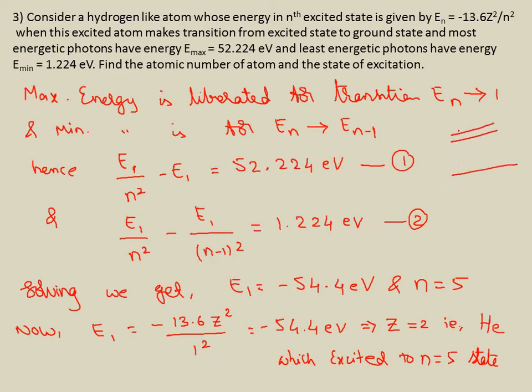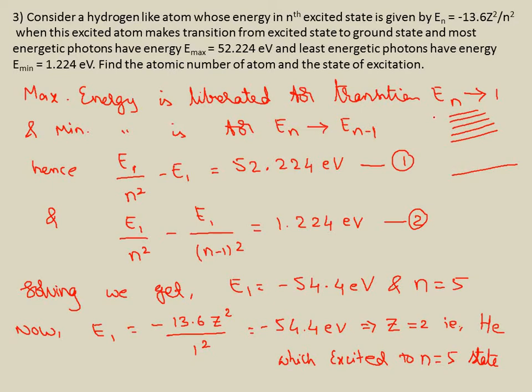So all the remaining excited energy states are very close to each other. Do you remember? n equal to 1, 2, 3, 4, 5, 6. They are all very closely spaced. So the maximum difference, which is nothing but the energy, will be between these two. That's it, right? The highest.